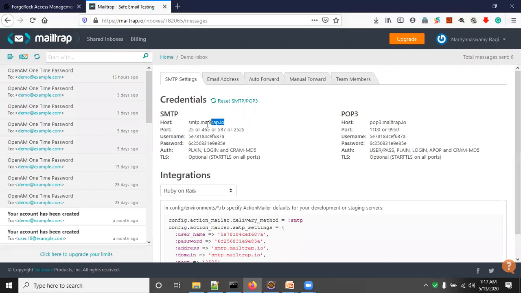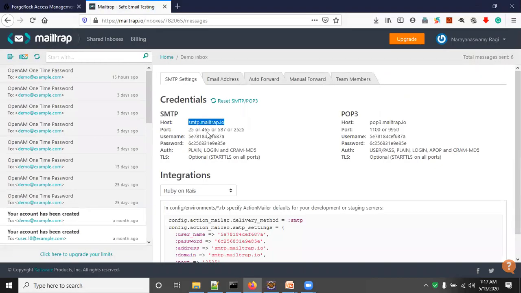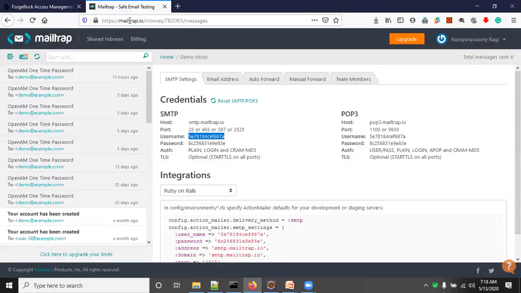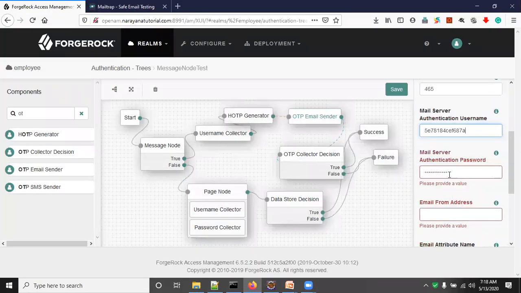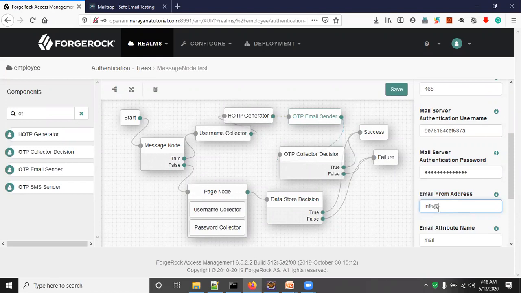This is the SMTP server host name, paste it here, and the port is 465. Copy the username and paste it here, and copy the password and paste it here.